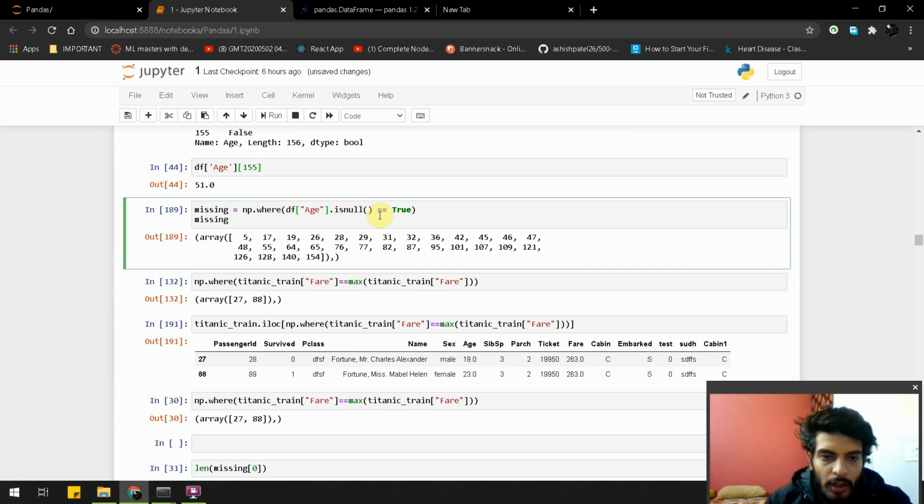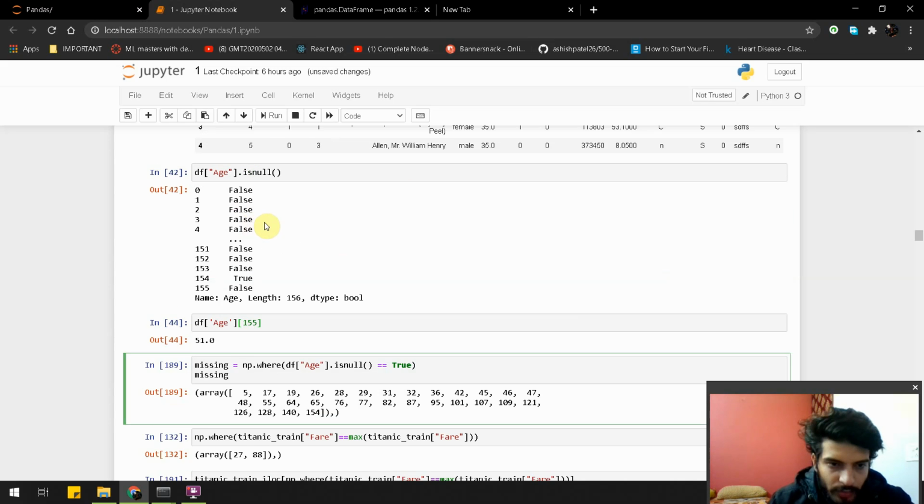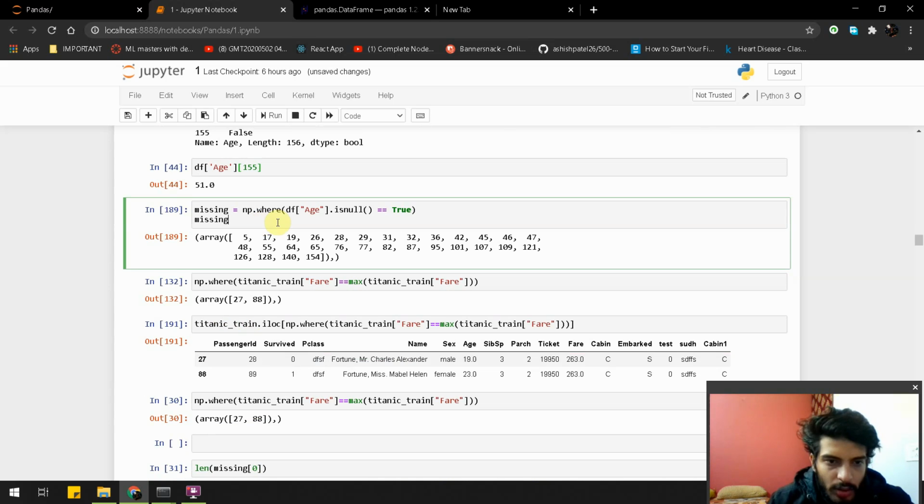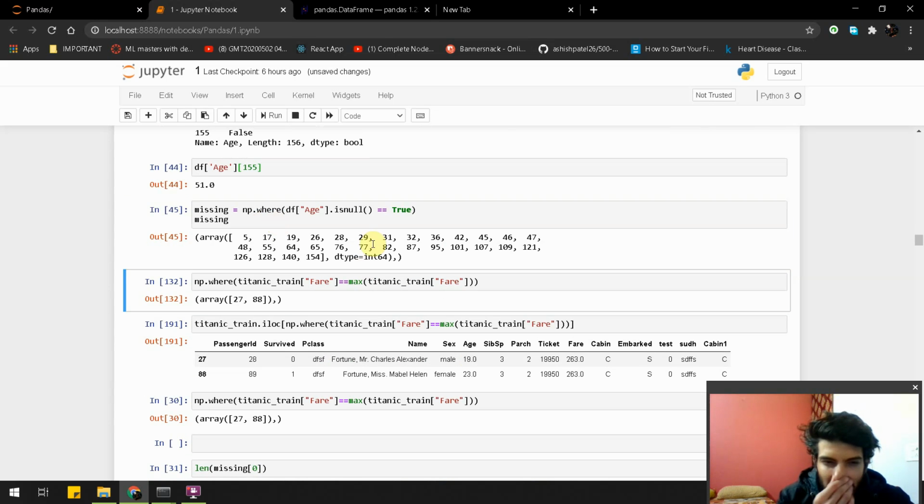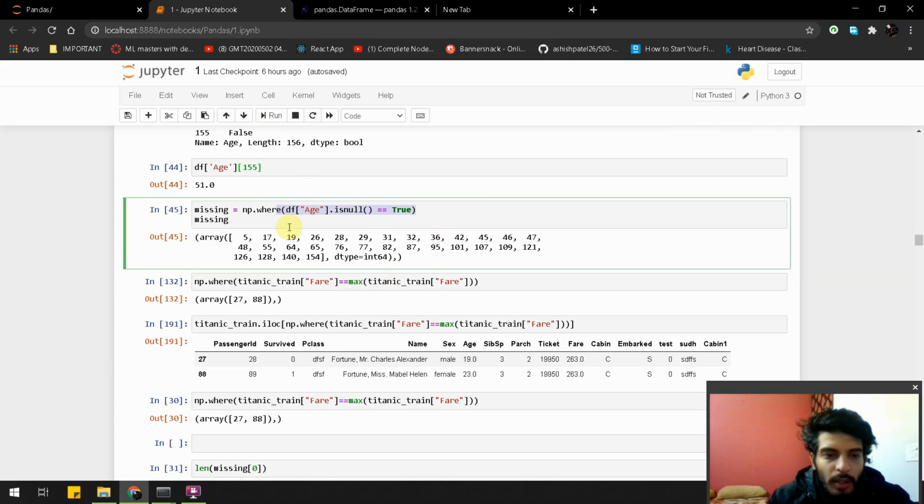If it is true, then it shows us the indexes where we have null values.